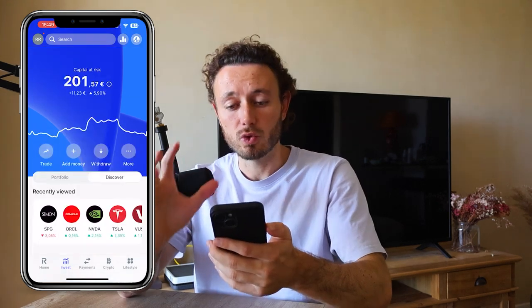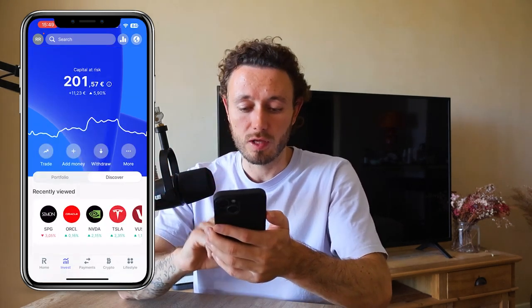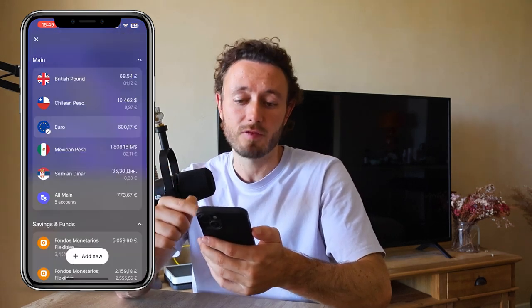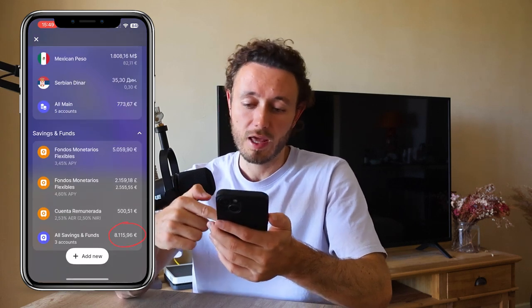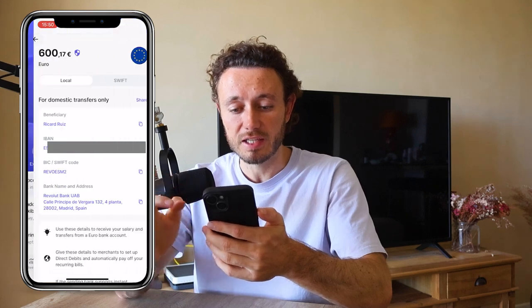The first thing we have to do is to add money to our Revolut account and then to the Invest account. So if I am in my home page of Revolut, I have here several accounts. I actually have my main account, which is Euro, and then I have some savings and funds, which are 8,000 euros. Okay, if I want to add money to my Revolut account, I just check the details, and now I